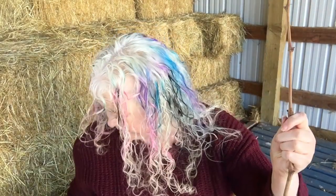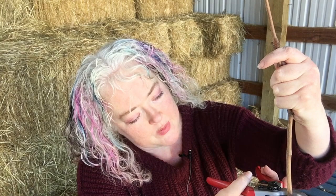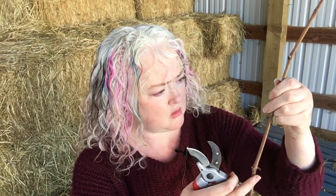So again, I'm going to be doing just a straight cut at the bottom of each, right beneath the bud. I don't want to cut through the bud, obviously, or it will not establish itself well. Boom. And then I'm going to come up 1. I don't know if that's technically a bud. 2. I'm going to come up to 3. I'll go to 4 just right now to see. I can always chop more later if I need to. And again, I'm going to make that...